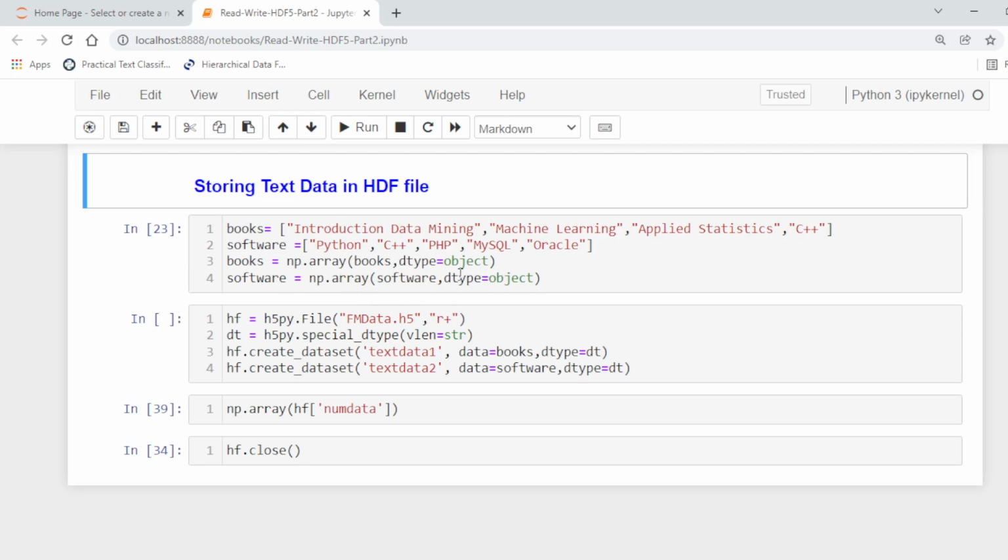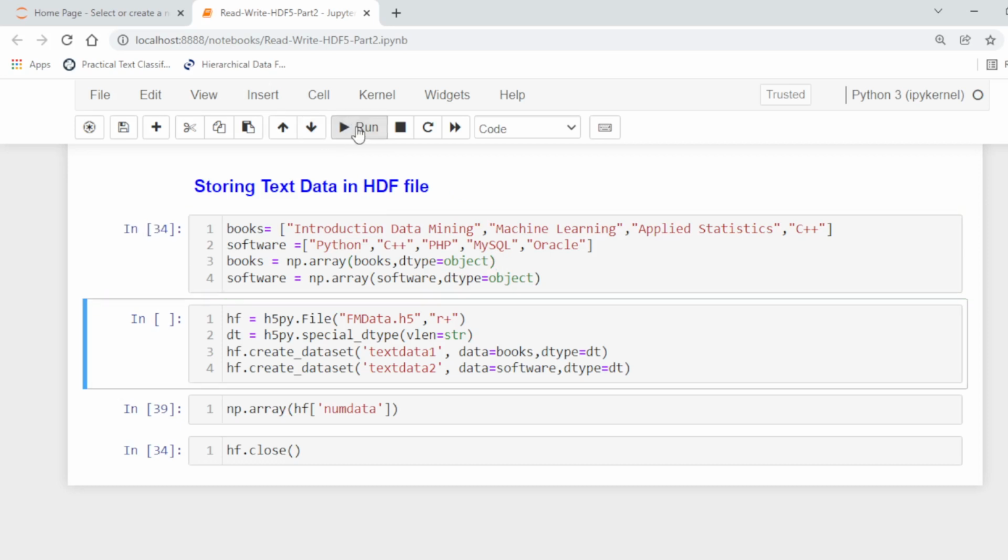You can also use a pandas data frame, and then that data frame can be stored in the HDF file. Here we are using the NumPy array books, data type is object, and again software data. So we convert the list into a NumPy array of type object, and then we store the data into the HDF file.